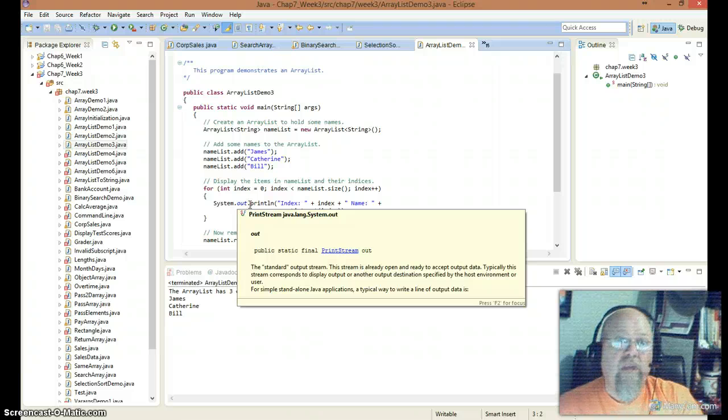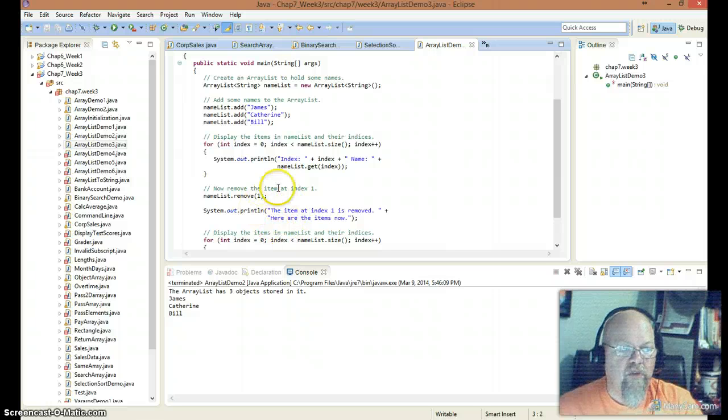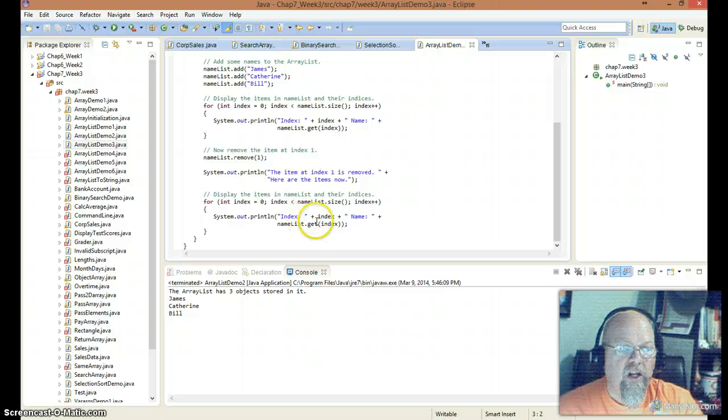Now realize this is 0, 1, and 2. If I remove number 1, that should remove Catherine. And then if we go through that array list again and display all the names in the array list, we should not see Catherine. So the great thing about array lists is we have a remove method. It allows us to remove something. So if we run that,